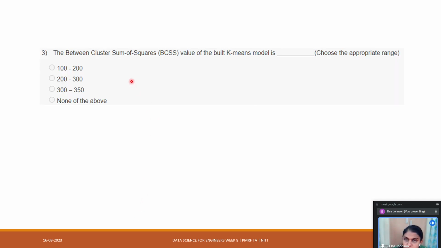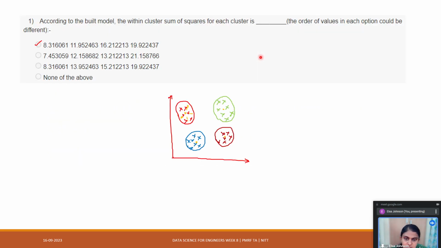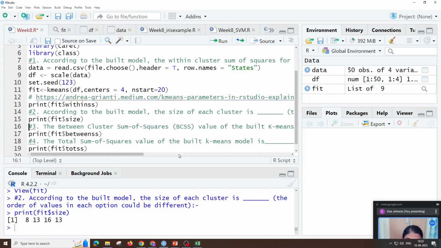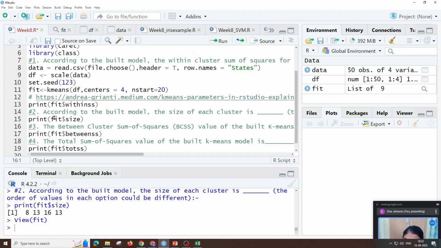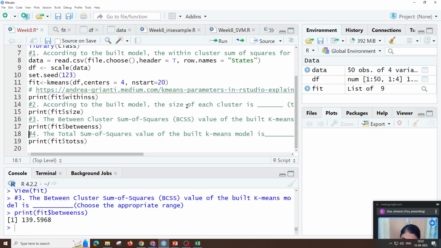Then the between cluster sum of squares value of the built k-means model is, so in this case, we have seen the within cluster sum of squares. Now they are asking the between cluster. So the between region is here, okay, this is the between region. So between cluster sum of squares is asked. For between sum of squares also you can look at the fit, it is written clearly, this one. Yes. So either that, or you can just type this and you will get